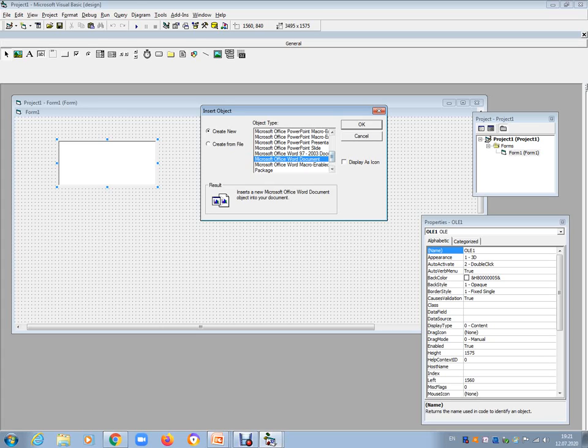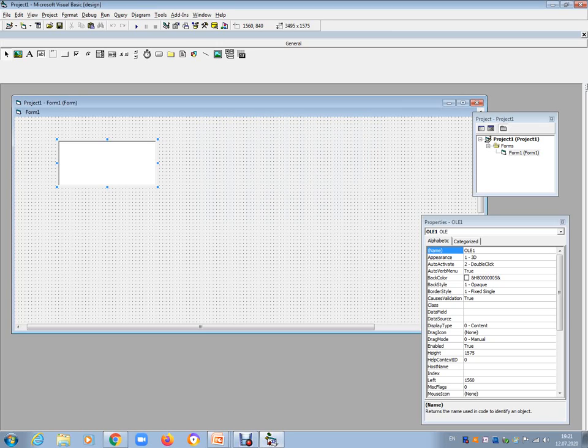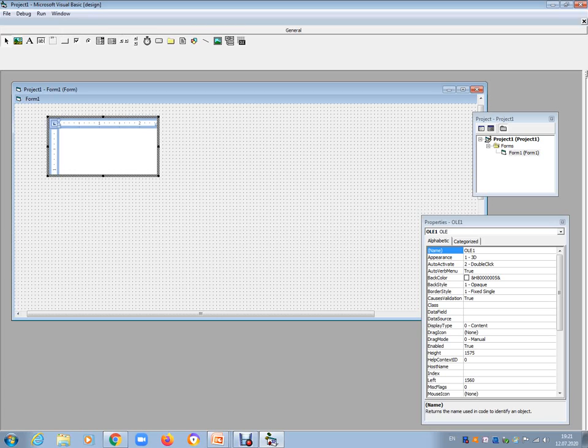Choose any one of these, then click on OK. So your Word platform is now in your VB application. Here you can create a new document because we chose the New option.